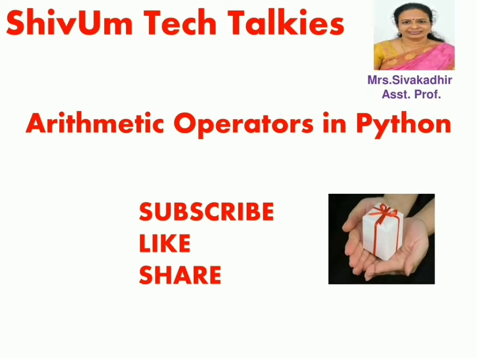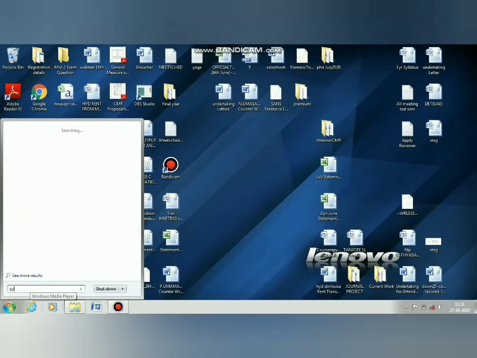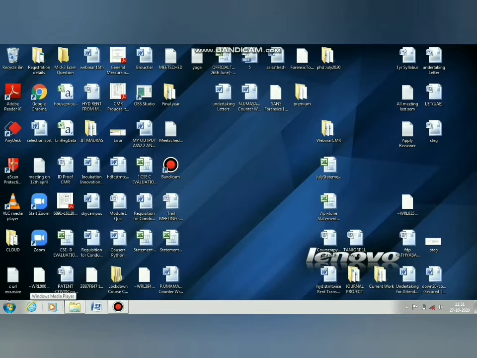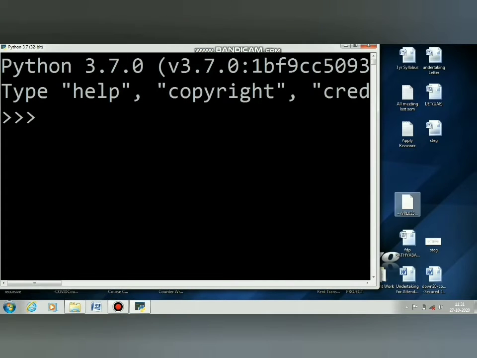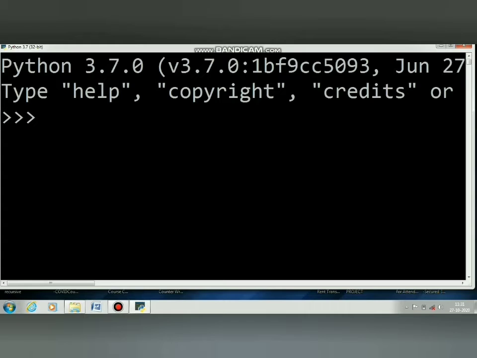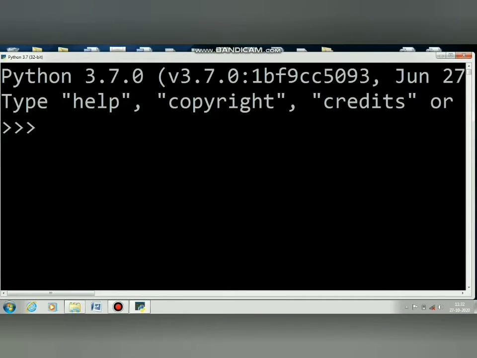I would like to share about operators in Python. So I access the Python interpreter. I used version 3.3. Hi guys, welcome everyone. We are going to discuss arithmetic operators in Python. In arithmetic operators,